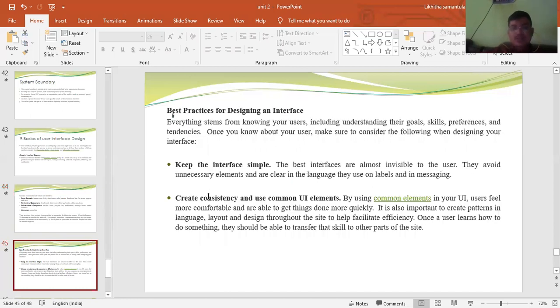Best practices for designing an interface. Everything starts with knowing your users, including understanding their goals, skills, preferences, and tendencies. Once you know about your users, make sure to consider the following when designing your interface. Keep the interface simple, creating consistent and common UI elements.